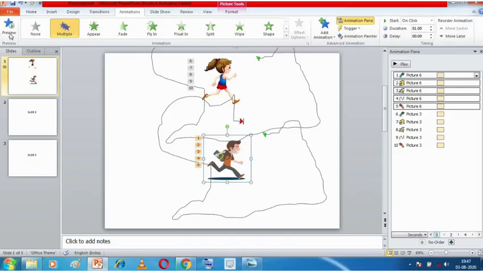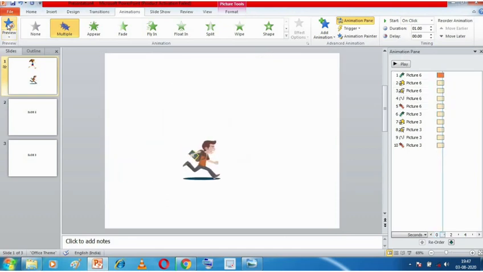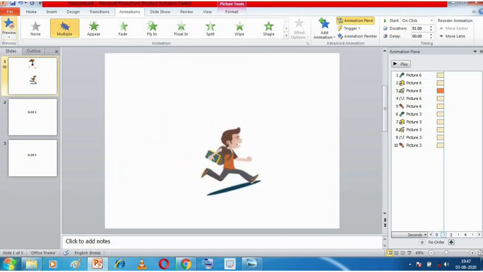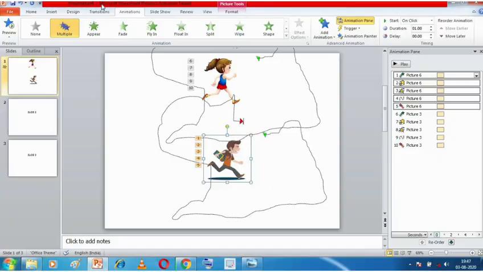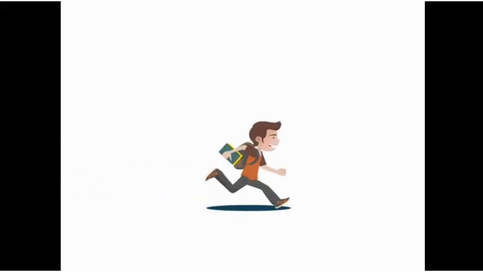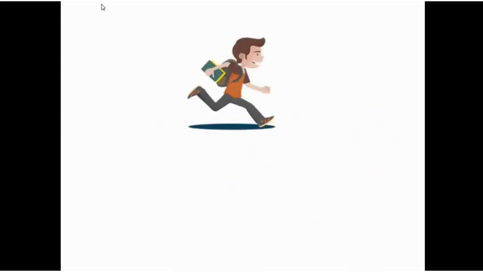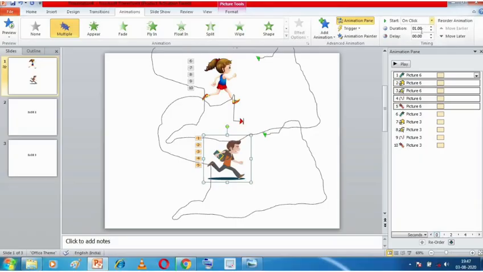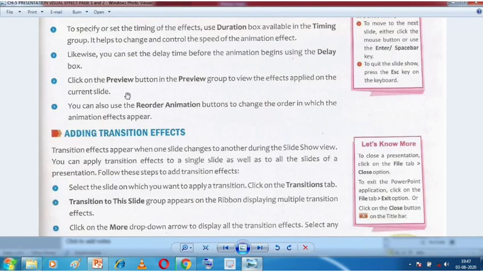It will happen during the preview, but it will not happen during the slideshow. If I want my animation, I will click and then it will happen. So it's better to keep it default only, but if you want to change, you can use With Previous and After Previous. I have explained what With Previous and After Previous do.